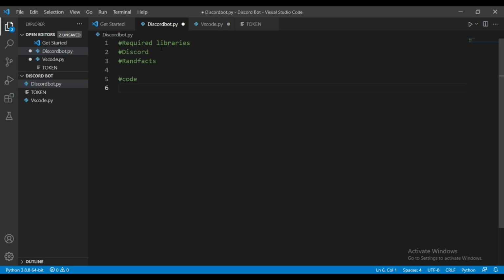For building the logic, you need some basic libraries in Python for creating the Discord fact bot. We need to install two libraries here. The first one is the discord Python library and the second one is the randfacts library. There is no complexity behind the installation of these two libraries. Just use the pip command to install them on your system. Once you install these two libraries, go to your IDE and start typing the code.